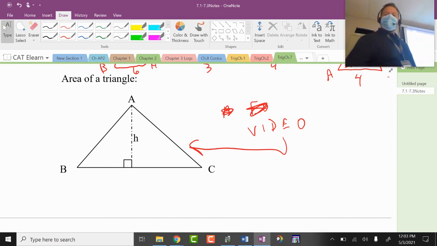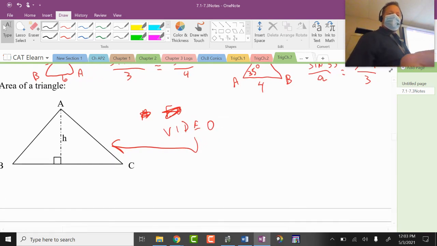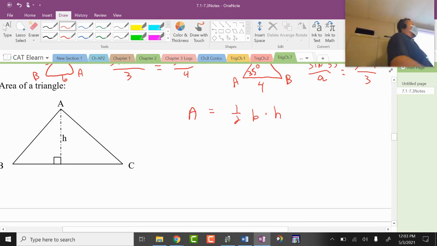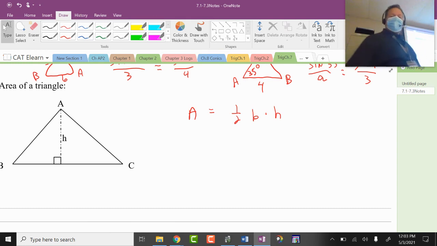Hey, what is area of a triangle? What do we know that in basic geometry? Ooh, good, nice. So area of a triangle is half base times height. Now I fear you writing that down because then my math tutors kept trying to use this formula when we had the trig test on area of a triangle, but they needed a trig formula. I want you to trust me that